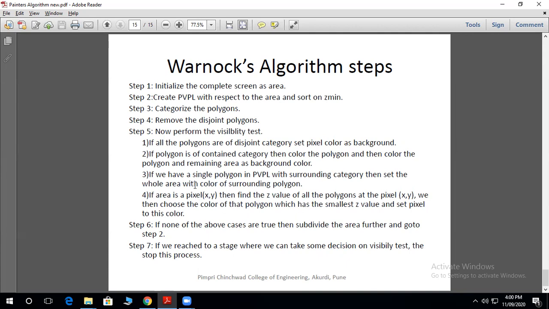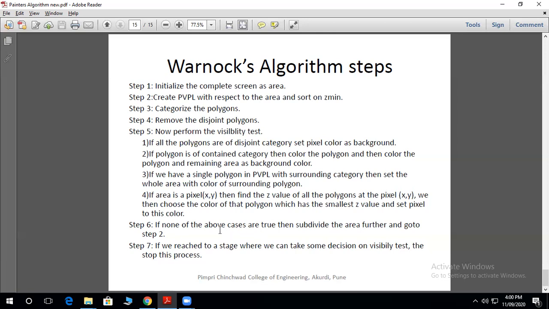If we have a single polygon in the PVPL with surrounding category, then set the whole area with the color of the surrounding polygon. And next case, if the area is a pixel xy, then find the z value of all the polygons at the pixel xy, and then choose the color of the polygon which has the smallest z value and set the pixel to this color.